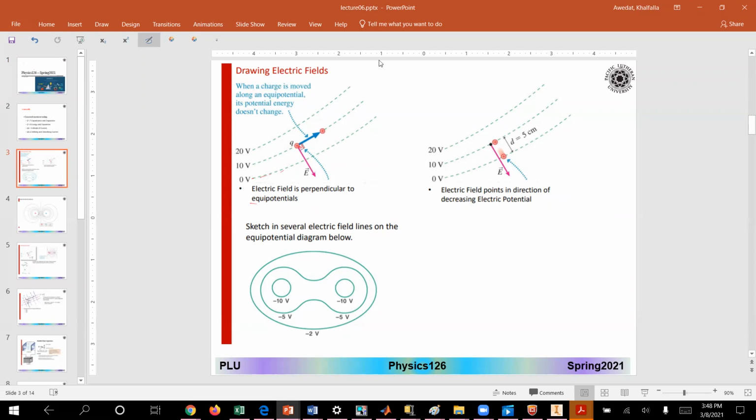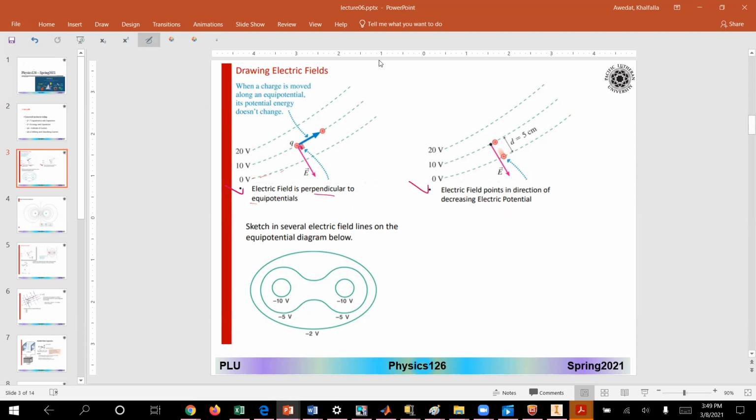The first fact, all the time, the electric field is perpendicular to the equipotential line. All the time, it should be perpendicular to that line. All the time. The second fact you have to keep in mind: